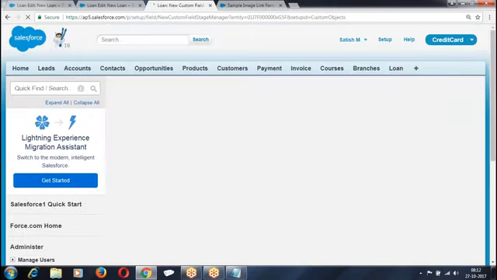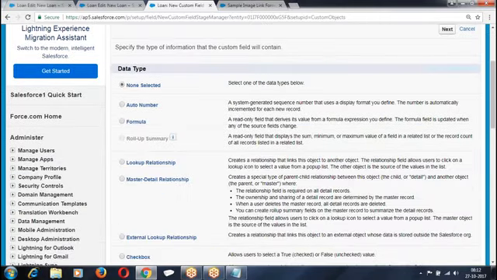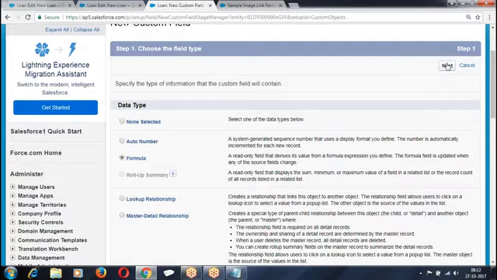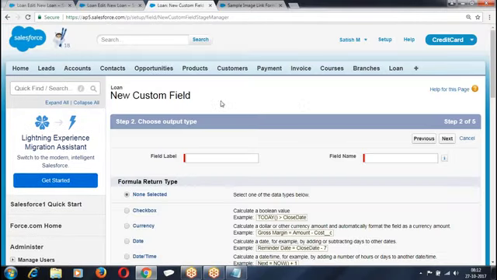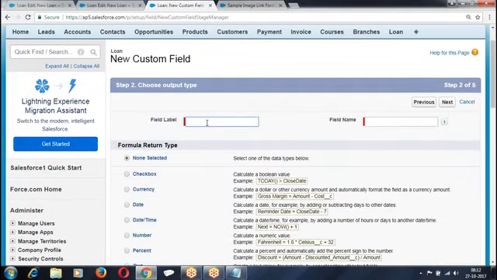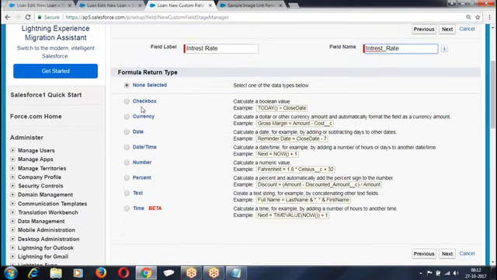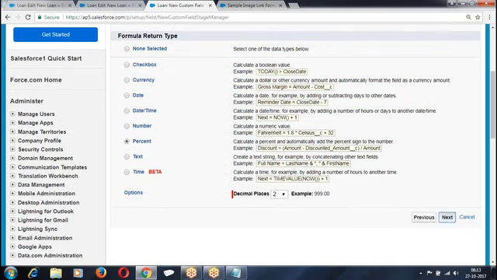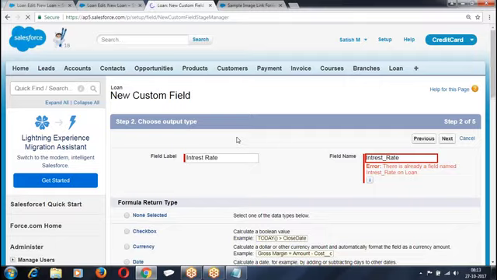New. We are giving the formula here. Interest we have, percent. Next.